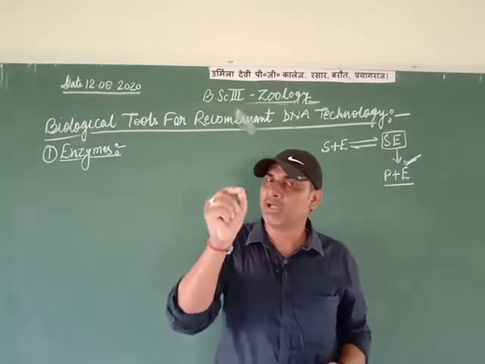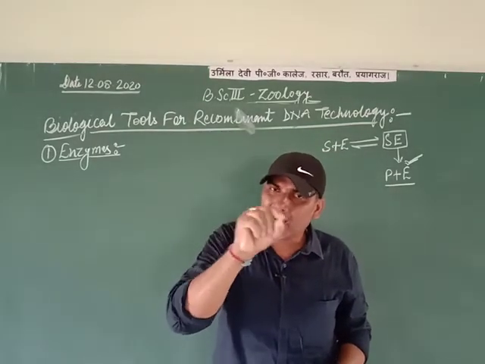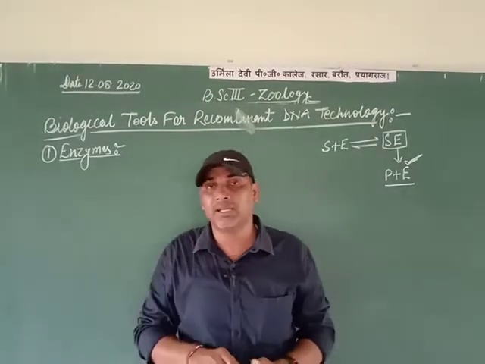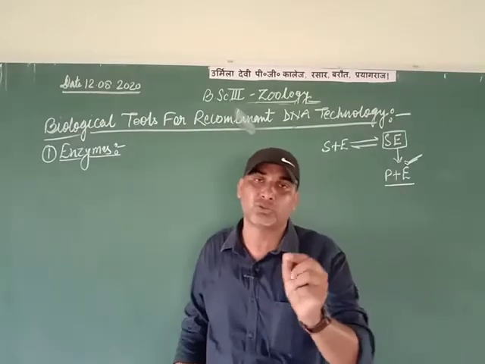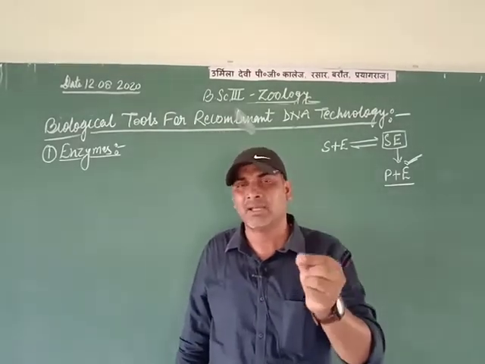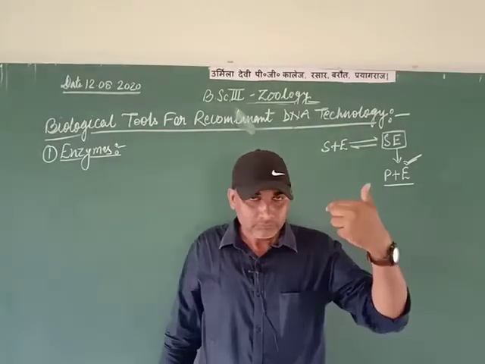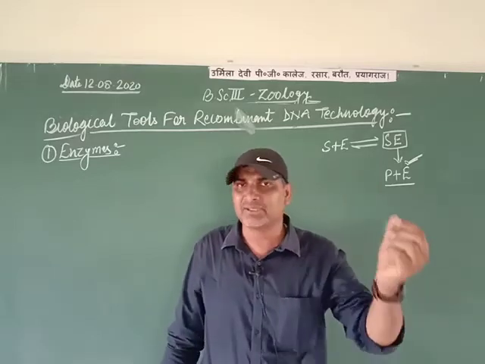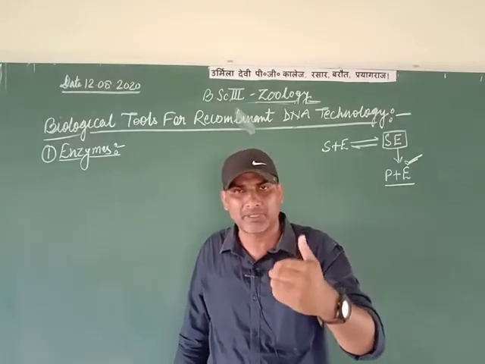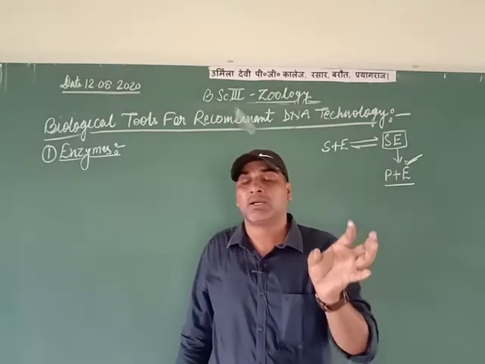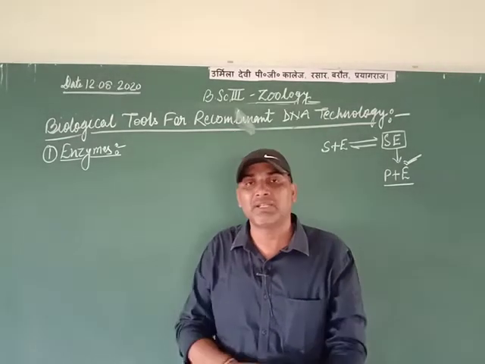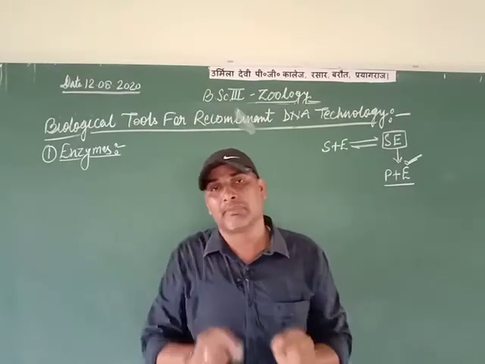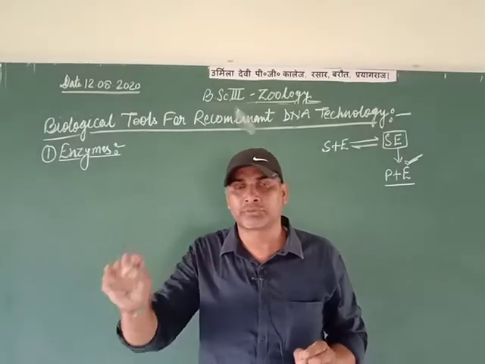So for the breakdown or cleaving of the DNA strands or the duplex of DNA, different enzymes are used: exonuclease, endonuclease, and restriction endonuclease. For lysing the cells, the lysing enzyme lysozyme is used. For replication or duplication of the DNA, DNA polymerase is used. When two segments of DNA are joined together, the ligase enzyme is used.